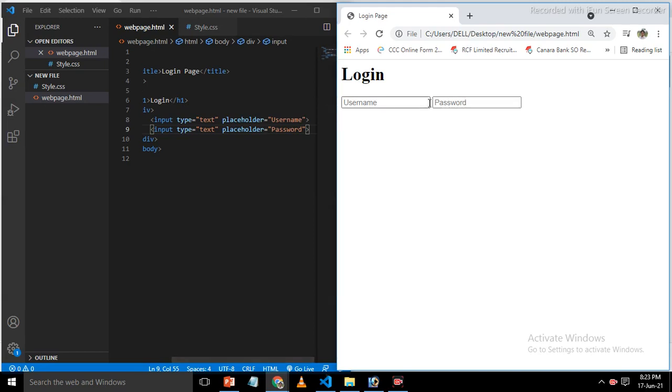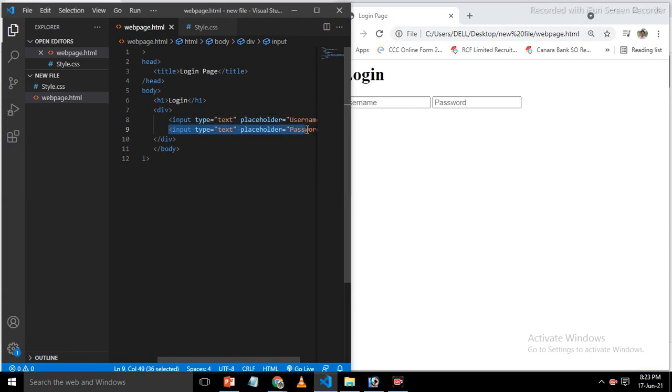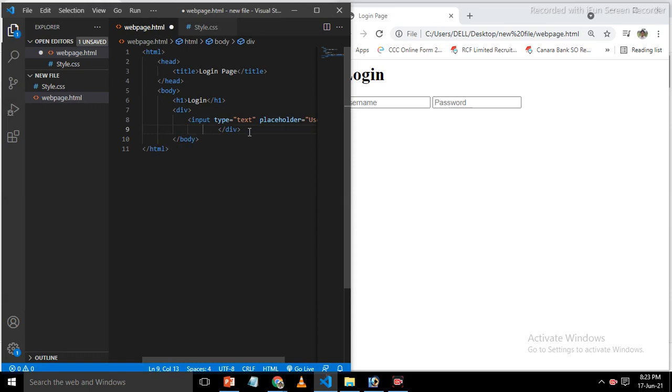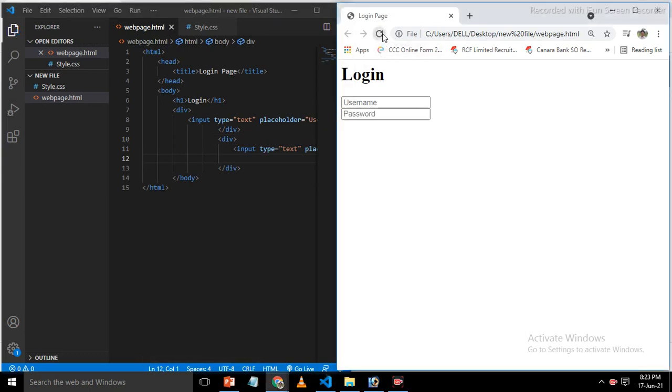If we want this password below the username, what we have to do is put this password code in another div. Now we make a new div, and here we paste this code and save. So the password comes below the username.